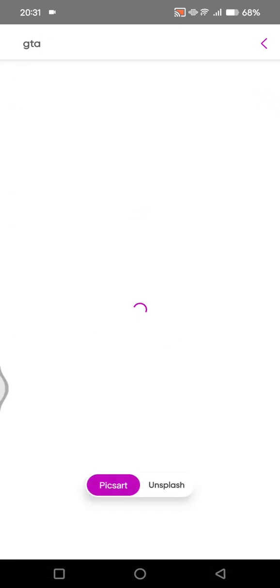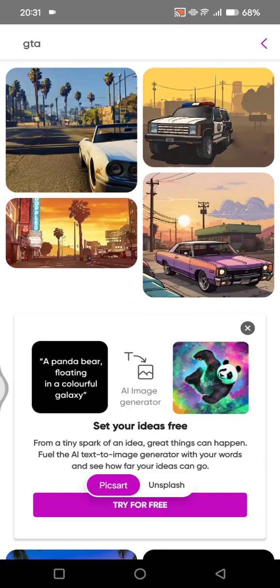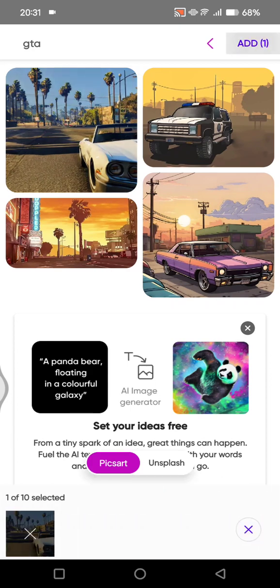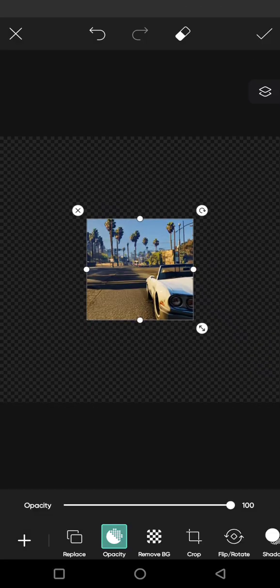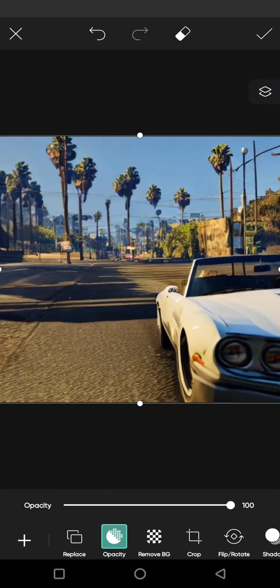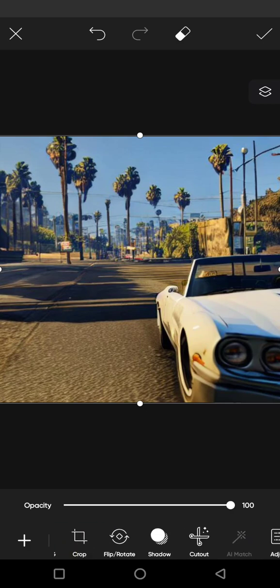Click on enter. Then choose the background that you want. So for example, in here I'm going to use this one. So click on the background, click on add, adjust the size, and after that you can just go to effects,